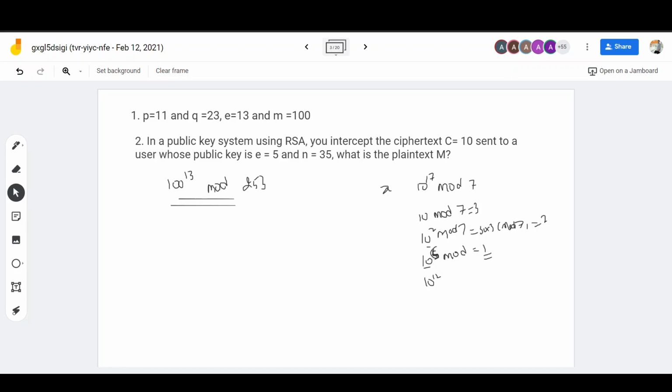And next, 10 to the power 4, you know. What is the 10 to the power 4 value? 4 only. Next, 10 is there, that is going to be 3 only. So total is going to be, I think, 5 mod 7. That means any big number, you have to solve it like this. This is the easiest method to solve this one. Okay, so try to solve the second one.